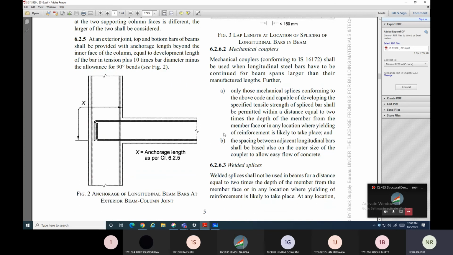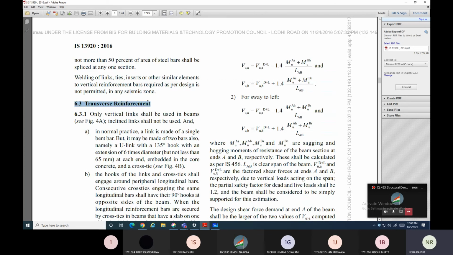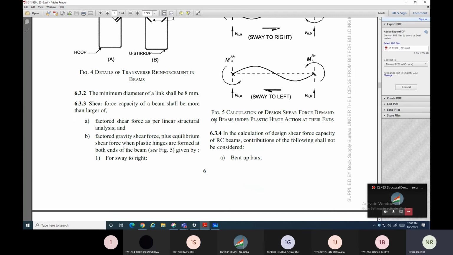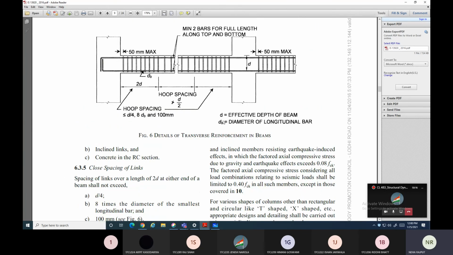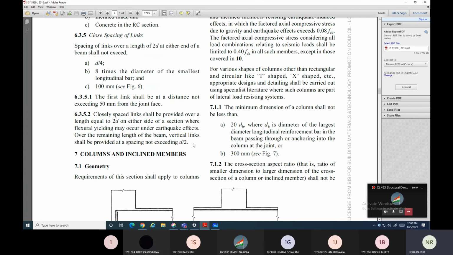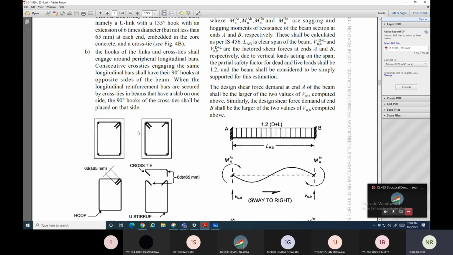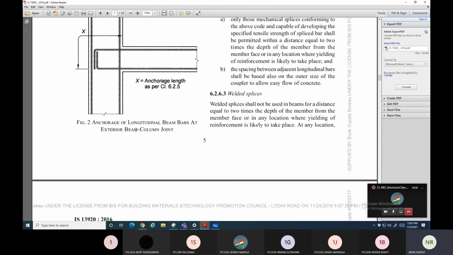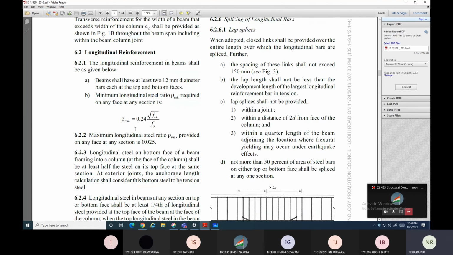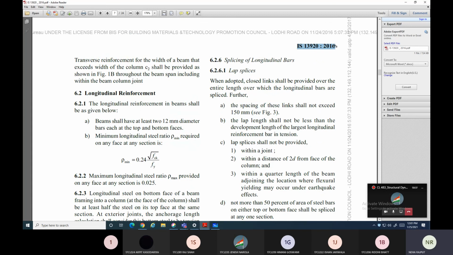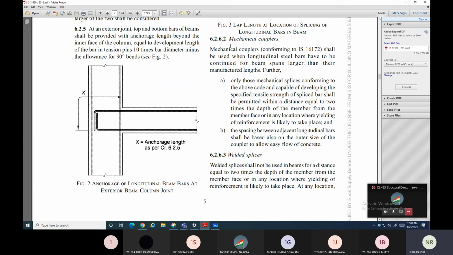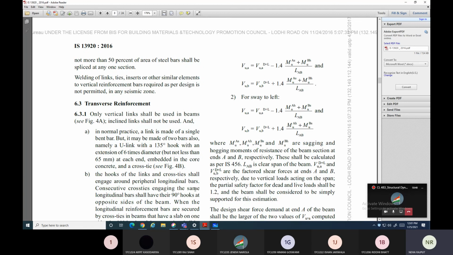so that clause is given 6.2.6. Then यहाँ 6.3 पे ट्रांसवर्स रेनफोर्समेंट मतलब स्टीरअप कैसे प्रोवाइड करना है उसका क्लॉज दिया है, पूरा 6.3 का क्लॉज, राइट। और उसके बाद ये डिटेलिंग का फिगर भी ड्रॉ किया हुआ है। सो अप टू 6 क्लॉज इज योर बीम डिजाइन as per 13920 code, but yes, the preliminary design by IS 456 must be with you, तो आप उसका कंपैरिजन विथ 13920 कोड से कर सकते हो, राइट। सो दिस लैब स्प्लाइसिंग क्या है, यहाँ पे कपलर लिखा है, मैकेनिकल कपलर, वेल्डेड स्प्लाइसेस, राइट, एंड ट्रांसवर्स रेनफोर्समेंट, दिस ऑल वी विल सी इन नेक्स्ट लेक्चर।